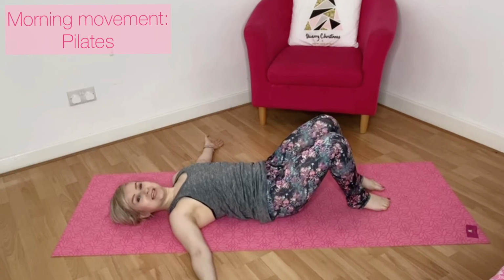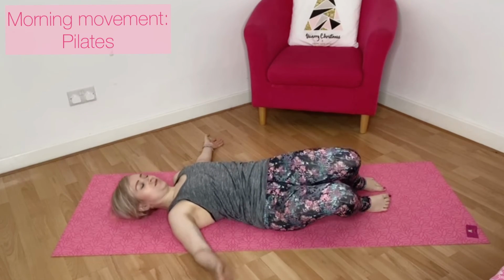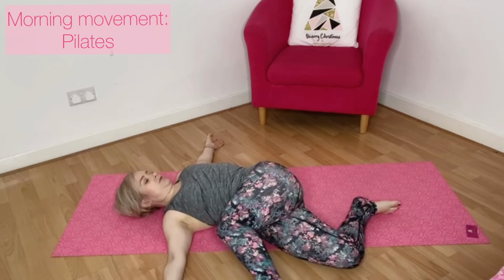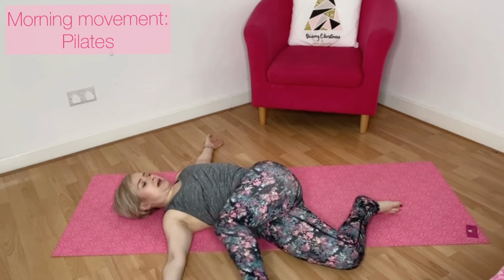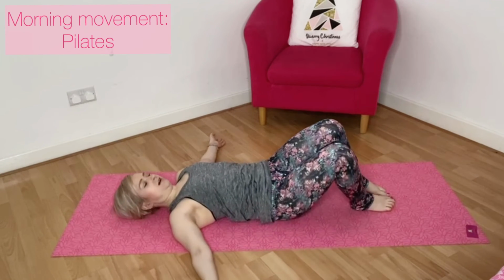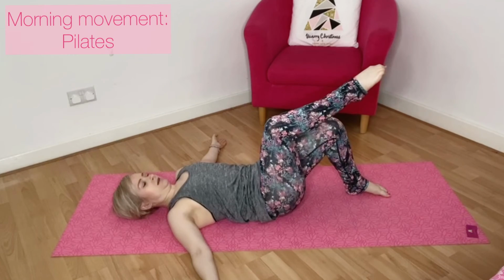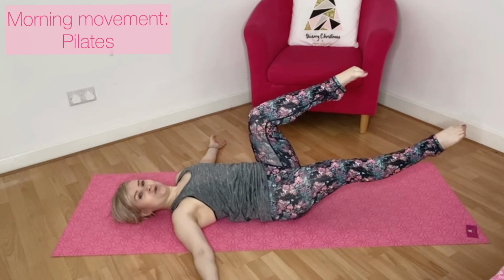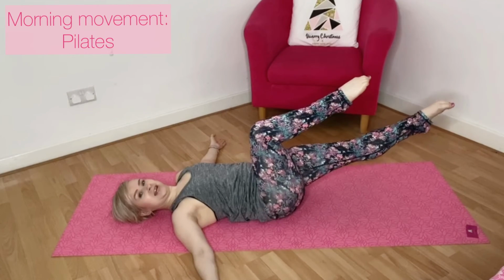Let's do one more to each side, taking those knees over. Scoop the core, lift the hip, lift the waist, taking it around. Again, coming through center, lifting up. That harder variation if you can. 4, 3,